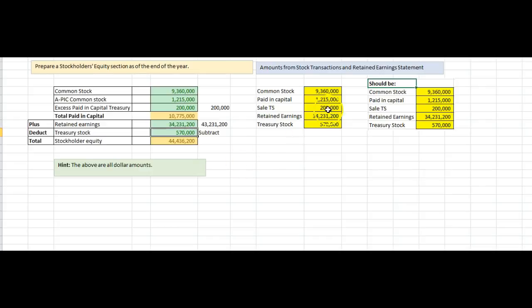And you're going to subtract 570,000. And that should give you, let's make sure these numbers are right. So now you have 34,231. You're going to subtract the 570. And you should come up with the right total. 33,66200. And you see how things got a little bit wonky